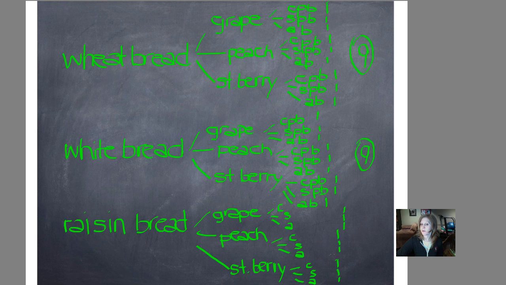Again, 1, 2, 3, 4, 5, 6, 7, 8, 9. 9 different types that are all different than the types above. So I can just add these up. 9 and 9 is 18 and 9 is 27, or 3 times 9 is 27. I can make 27 different types of sandwiches with 3 types of bread, 3 types of jelly, and 3 types